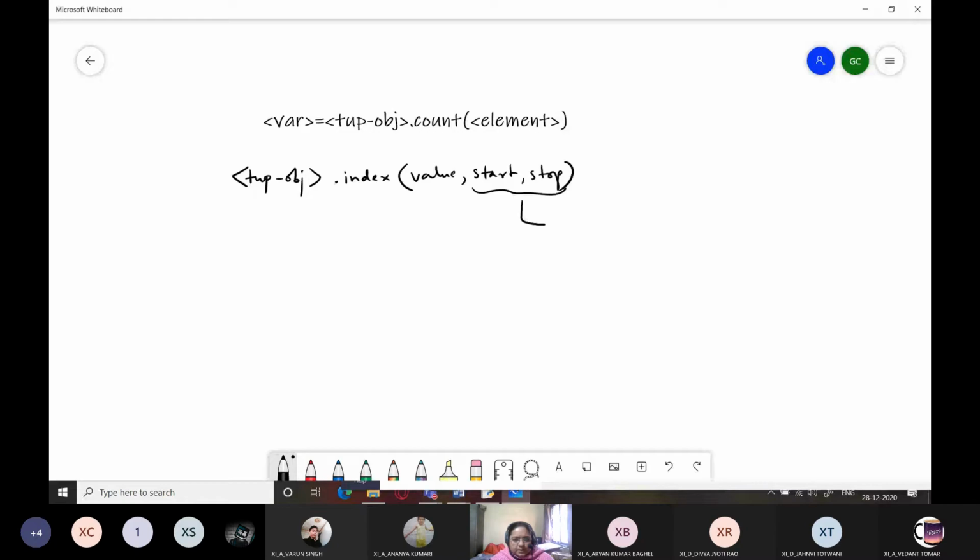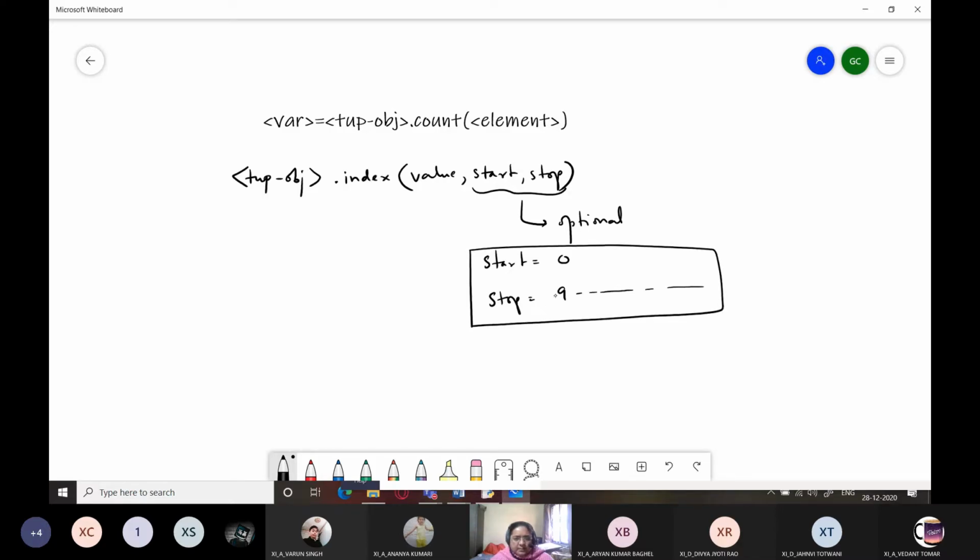These two are optional. That is, if you want, you can skip these two arguments. If you skip these two arguments, the default value of start will be 0. That is, it will start from the index 0, and its default stop value is the huge value starting from 9, which you saw a few moments ago. So it will stop automatically at the last index.